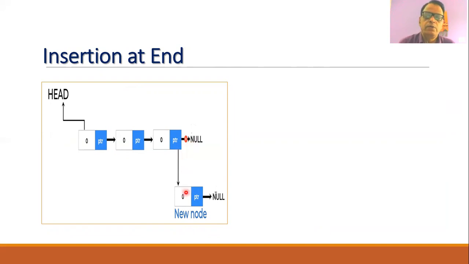So whenever you want to insert an element at the end of the linked list, it is necessary that you should create, first of all, the new node. Then you will assign the pointer value of the last element. So you need to perform the traversing operation through the linked list. And then the pointer value of the last element should be assigned to the new node, and then the pointer value of the new node should be assigned with a null value.